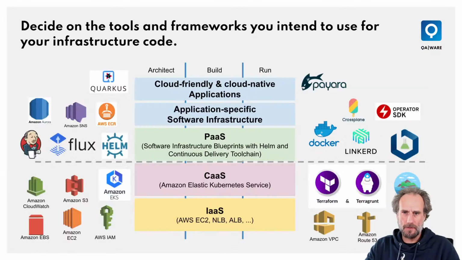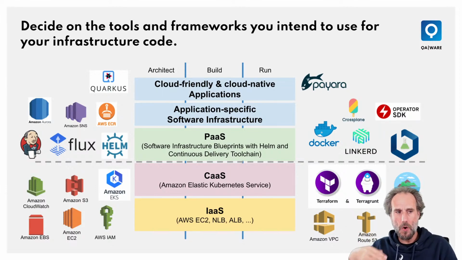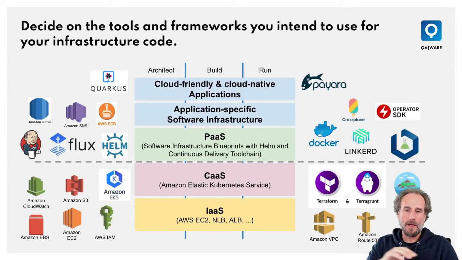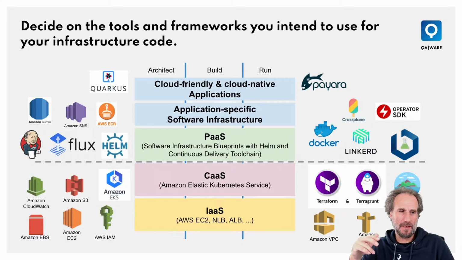And another thing that needs to be done beforehand, well, you need to decide on the tools and frameworks you intend to use for your infrastructure code. And that can be done on multiple levels, right? Of course, you need to do that on an infrastructure as a service level. So you need to choose a cloud provider, AWS in that case, and then write down the required services you want to consume to build your base infrastructure. Then next up, the cluster as a service or container as a service layer,